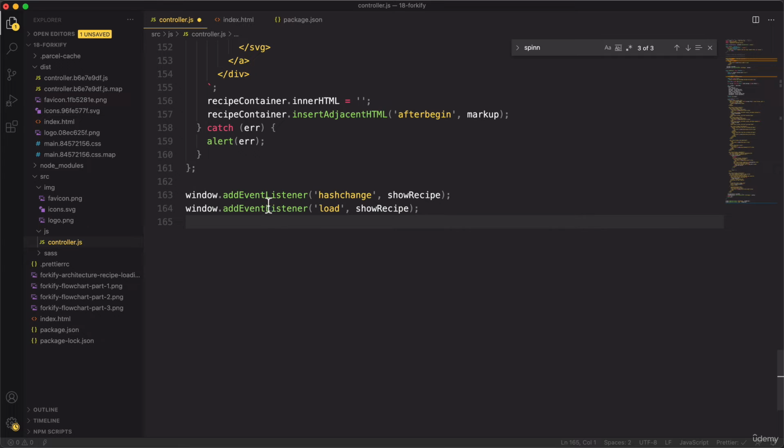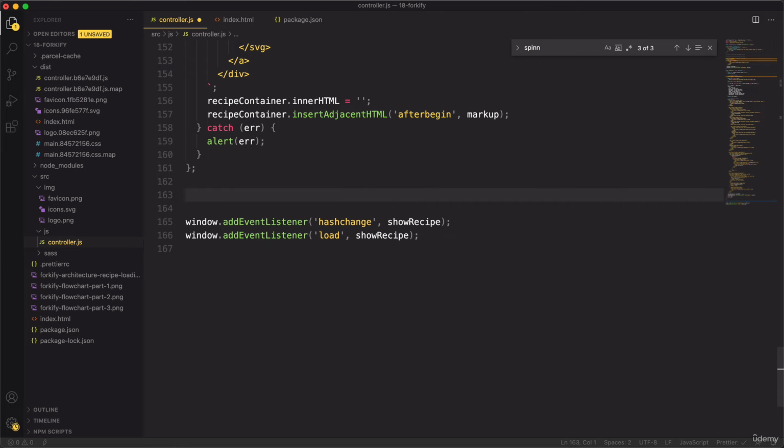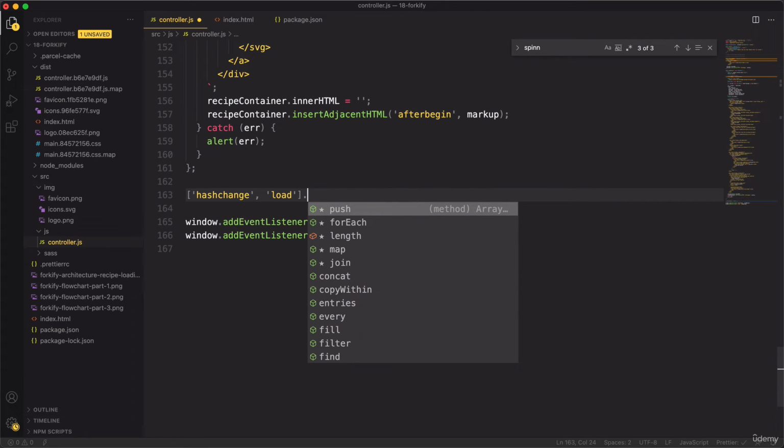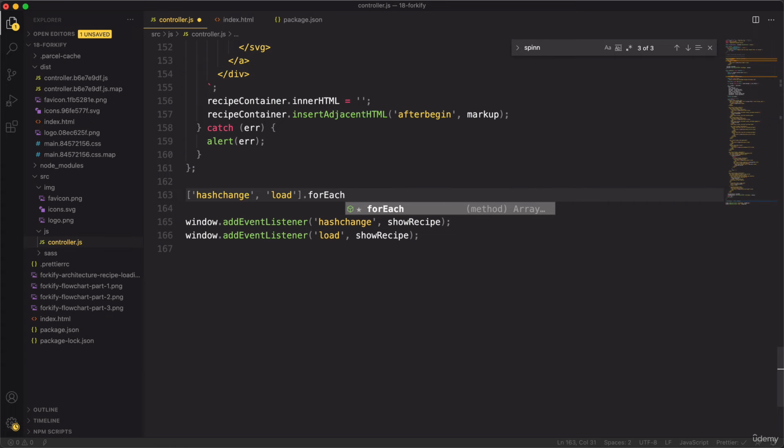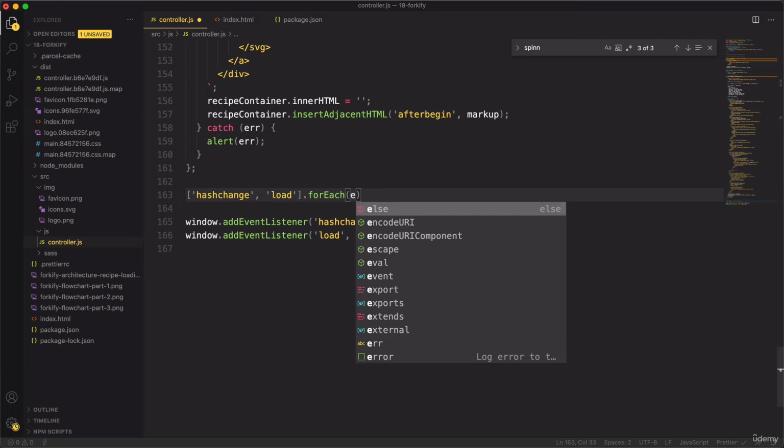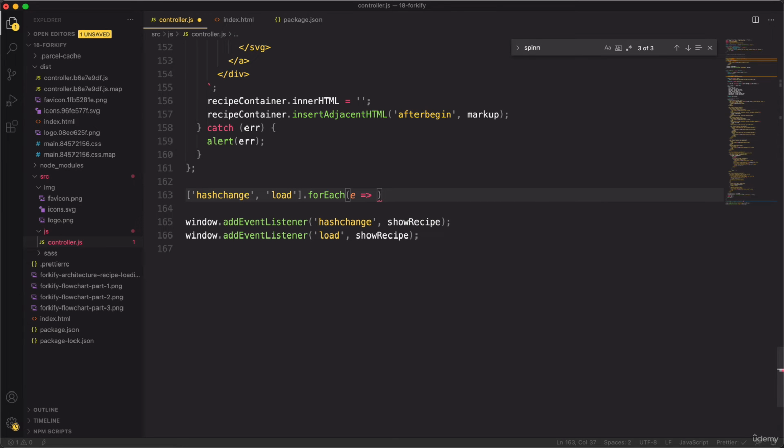But here we have some duplicate code. And so I actually wanted to show you a nice way in which we can do all of this at the same time. And imagine you had like 10 events for which you wanted to run the same event handler function. So then it wouldn't be good to have this same code here 10 times, right? And so instead, what we can do is a nice array which contains these two events. So hashchange and load. And then we can simply loop over this array and do something. And so for that, we use forEach. And in this array, each element is an event. So E for event. And then here, all we have to do is